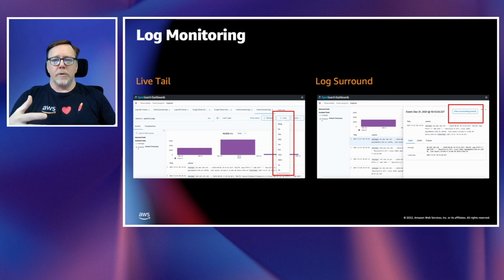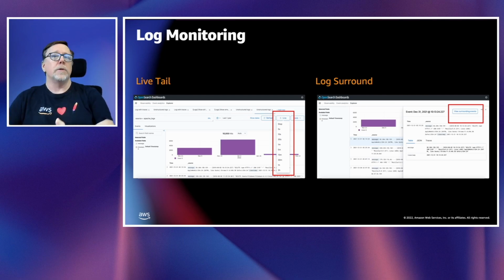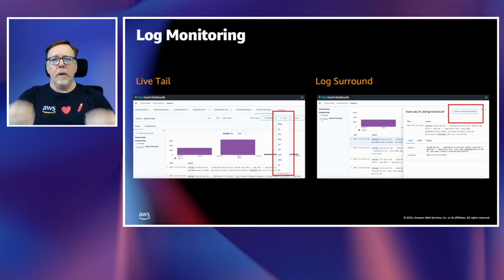Within Amazon OpenSearch Service and from OpenSearch dashboards, you can do all kinds of visualizations that enable you, first of all, to see in aggregate what's happening. We have live tailing of the logs, including surrounding events. So this enables you to dig in and really look at the logs and figure out, okay, here are some gross statistics about what's happening, and here are some specific log lines. OpenSearch is ultimately a search engine. I can search for my errors. I can look at what's going on and what's happening around that in my log files in a time-based kind of way.